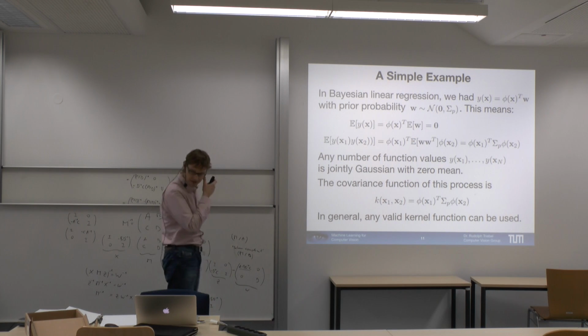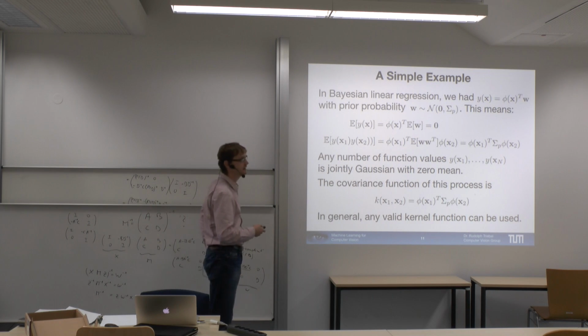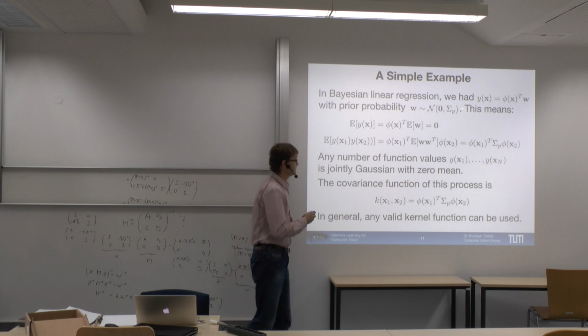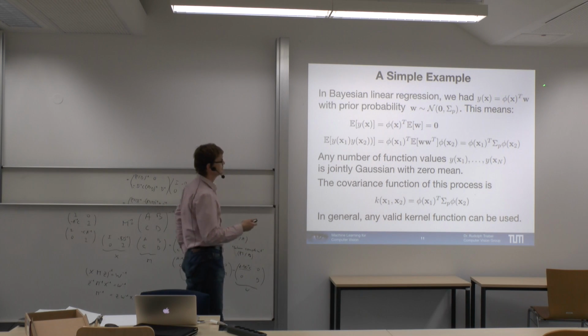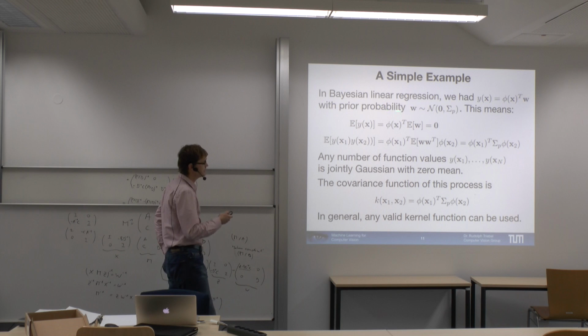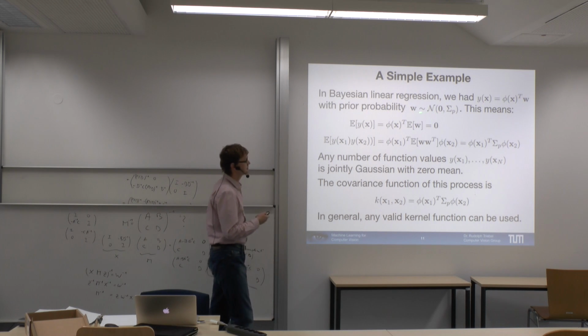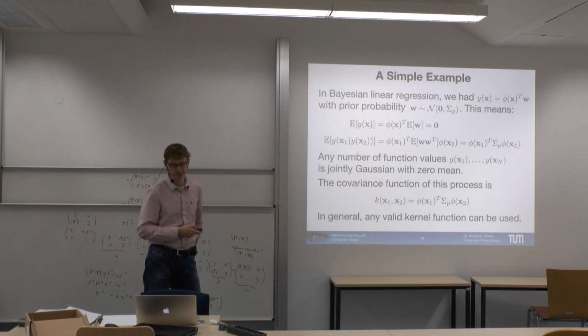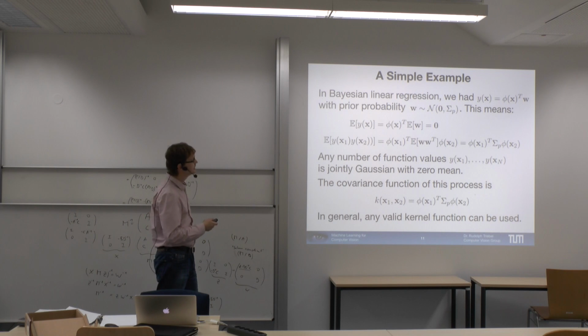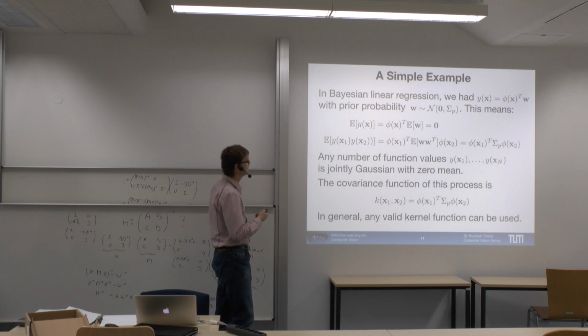Let's go again to a simple example. We had already the Bayesian linear regression. So this is our formula from the Bayesian linear regression. We have some prior probability on W here, which we can also interpret as a regularization. What this means is that